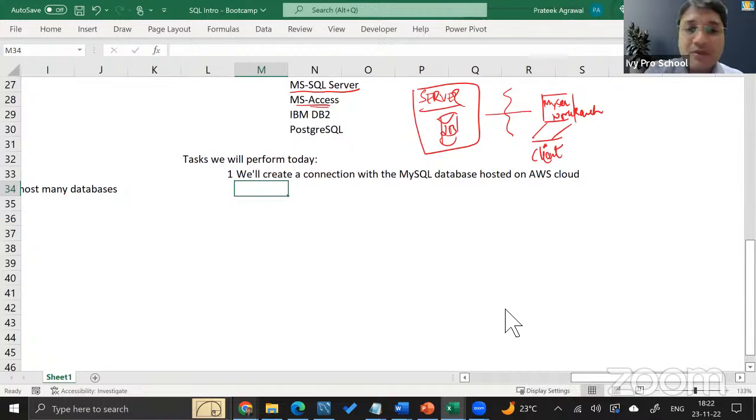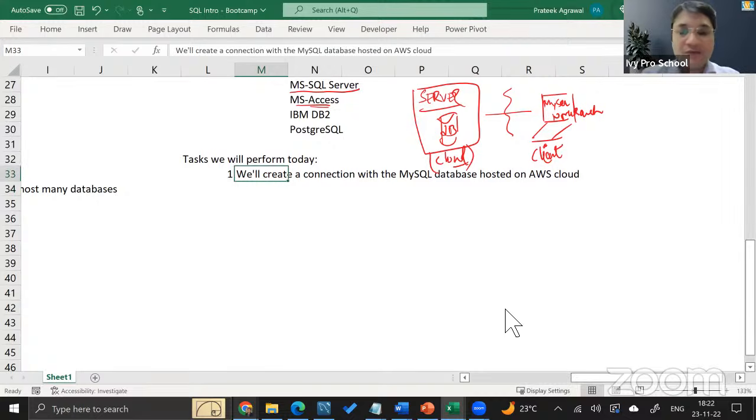But the server, normally we end up installing on cloud. You can also install locally. If you followed the instruction that I gave you before the class started, then you would have understood how to install it locally as well. That also you can do, or you can also connect to the database which is installed on a cloud platform. All right, so we'll have to establish a connection from MySQL Workbench to the MySQL database server, which is created and hosted on AWS Cloud, right?